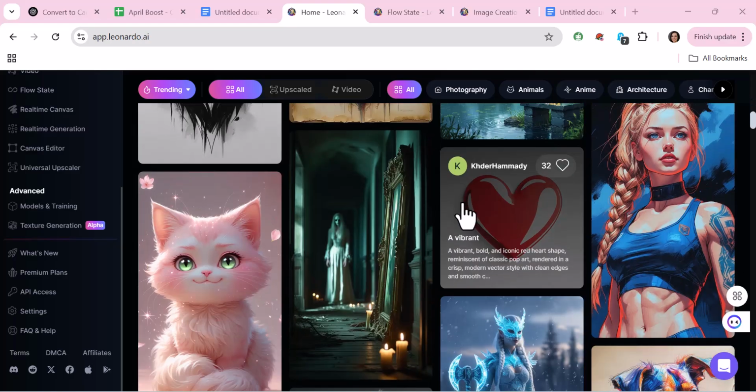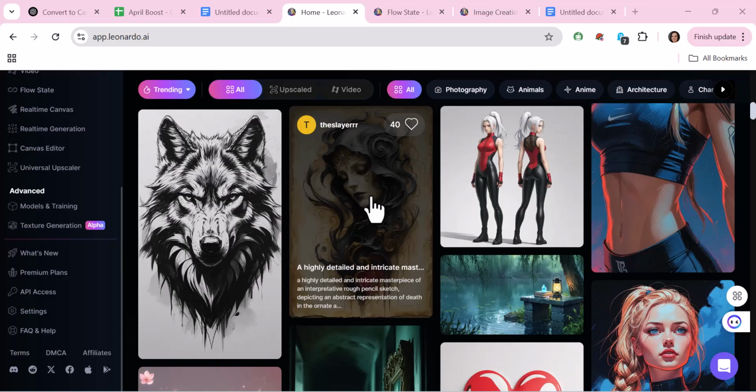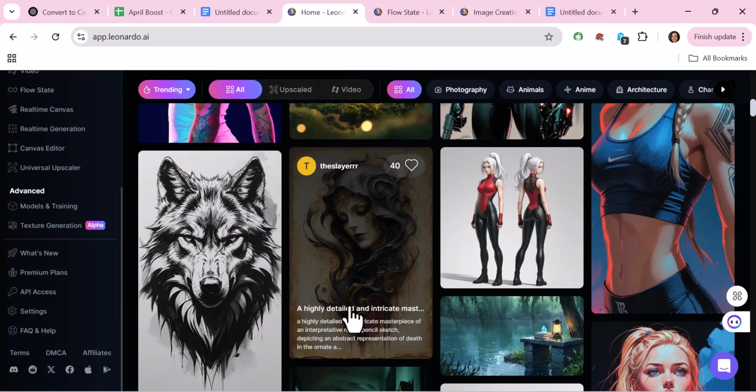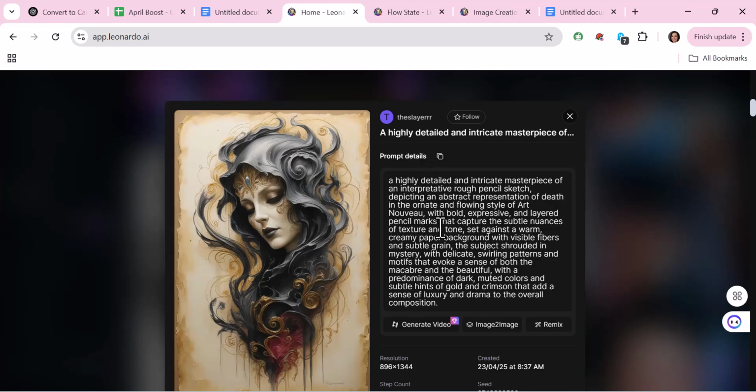So let's say I want to create an image similar to this. Let's say I like this. All I have to do is click on it and wait for the image to load. Now what I'll have to do is to copy the prompt and make it mine. So once I copy the prompt here, I will just